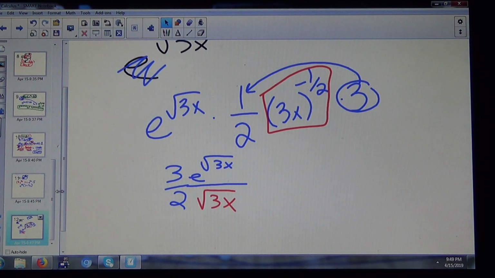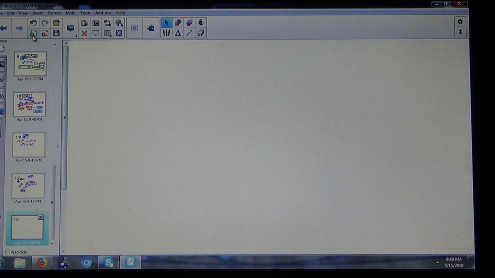Alrighty, that right there is the second half of the calculus test. We have a couple more minutes, so I'm going to do the first half. Okay. So what if I had the square root